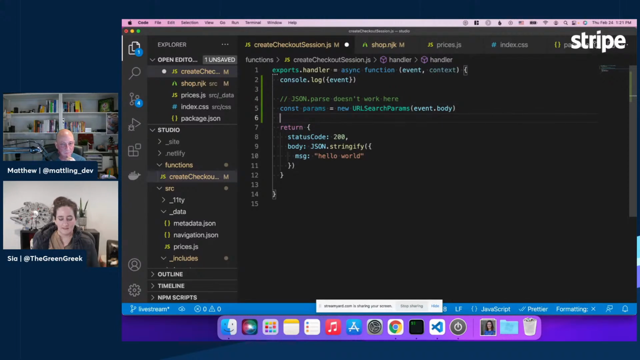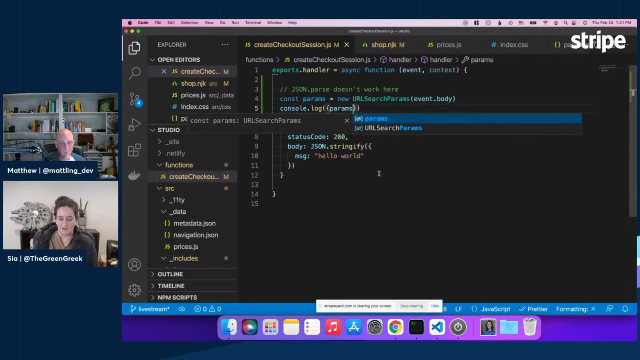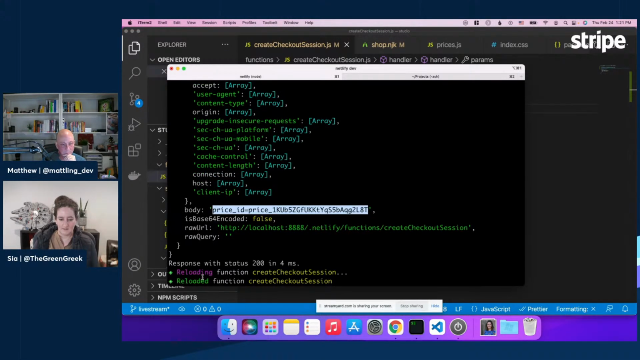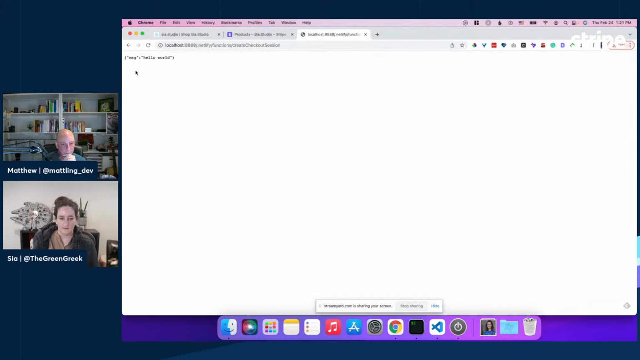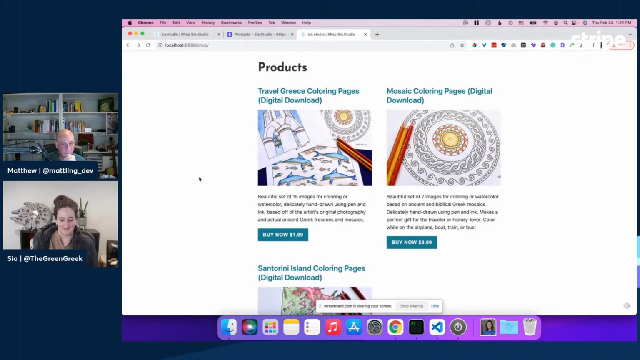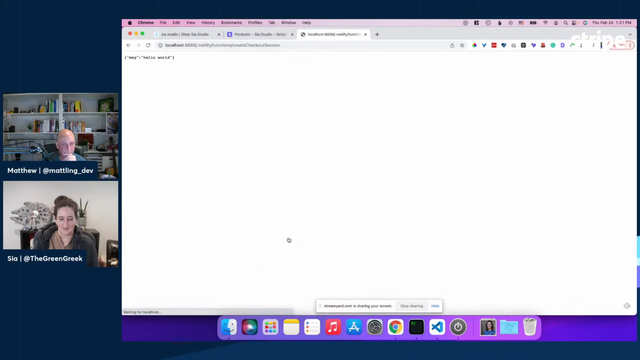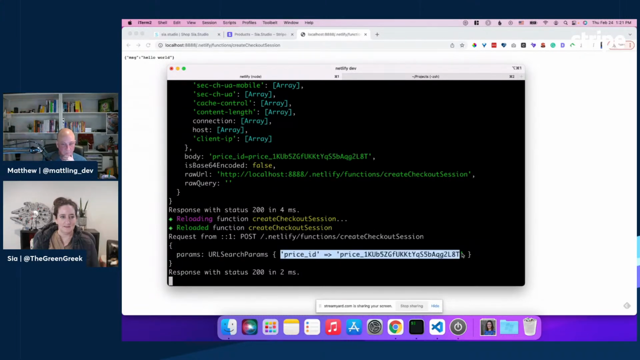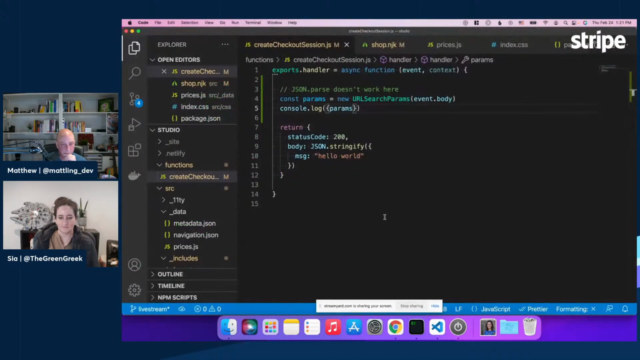So now, instead of console logging the event, let's console log those params and see if we get them in a format that looks useful. I was just making sure it reloaded everything. Let's go back to the actual shop. Look, we got an instance of URLSearchParams, and these are the values inside of that instance. So the way we get those out is we then do